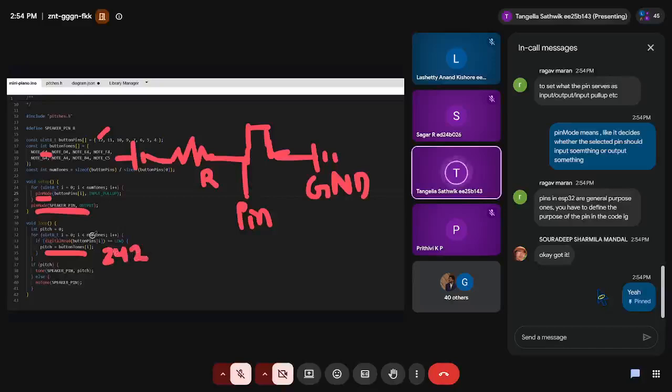So it's a for loop. It checks from the first switch to the 8th switch. Whatever switch is pressed, the pitch will be that corresponding hertz value. Since pitch is a number, the if statement will give true, and it will enter this. Tone is a function for the speaker. It is used to give the speaker the pitch value. So the speaker will get this 242 hertz. Usually a wave is created at that frequency, and the buzzer will respond based on the wave. A square wave is produced at the 242 hertz frequency, which will make the buzzer sound. If no button is pressed,